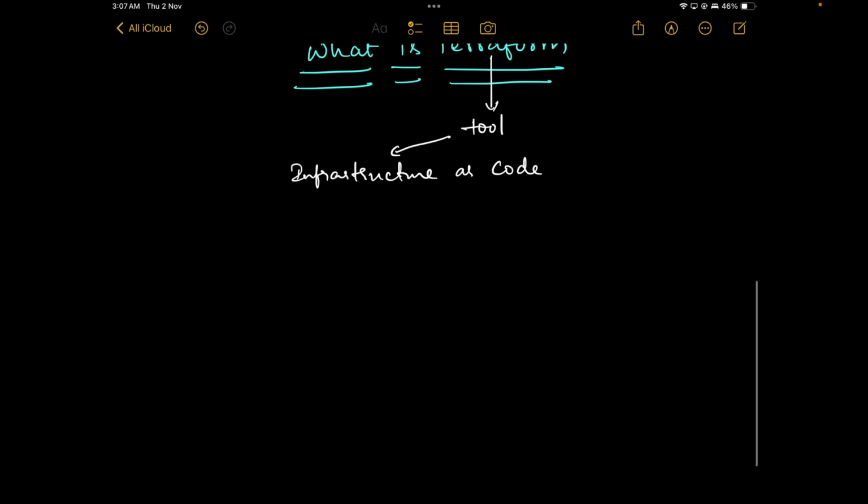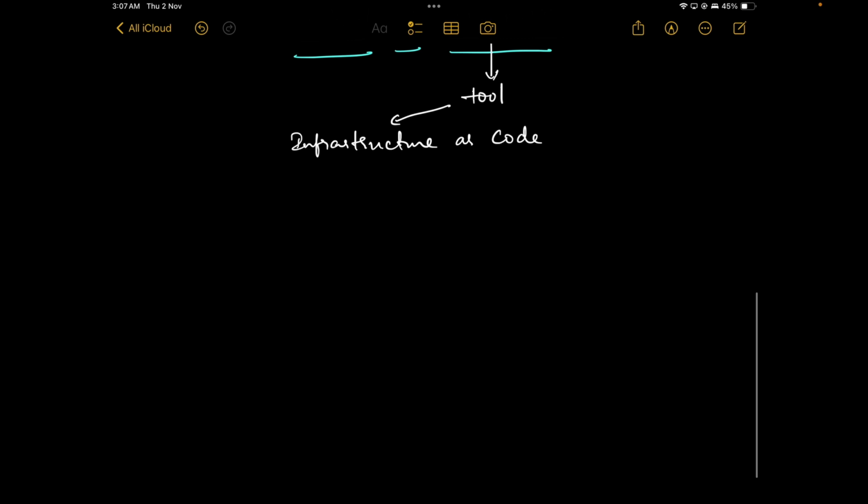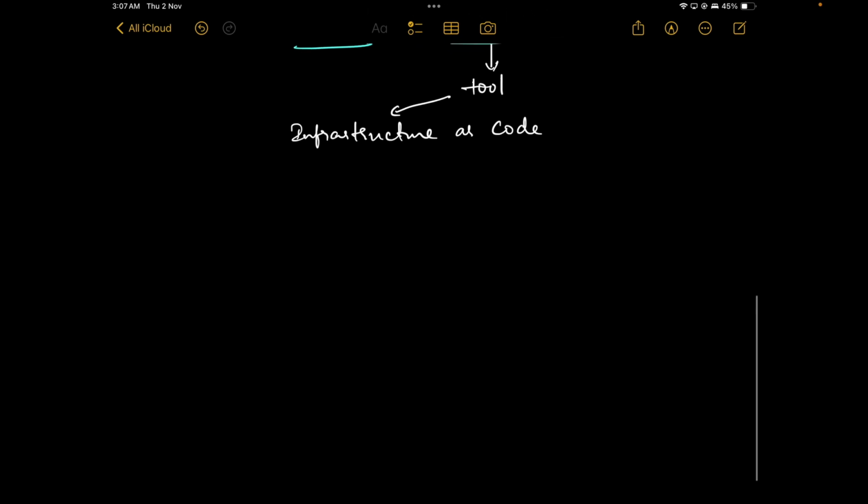So most of the companies nowadays are using cloud. I know only Dukan which is using physical infrastructure these days. Let me know in the comments if you know any other such companies which are using physical infrastructure rather than cloud. So this Terraform infrastructure as code is mostly useful when we are dealing with cloud infrastructure, because when we